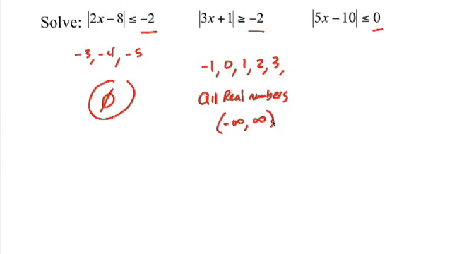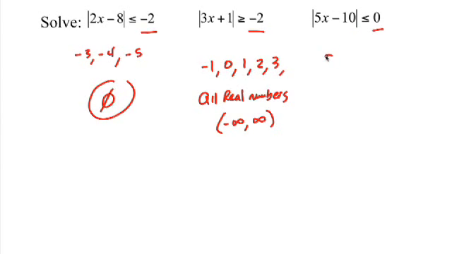That's it. Now the last one's even more thought-provoking. It's very tricky. We know that there are no absolute values less than 0, because that would mean a negative. But you notice that equal to sign. Can an absolute value equal 0? And the answer is yes, it can, because the absolute value of 0 is 0.